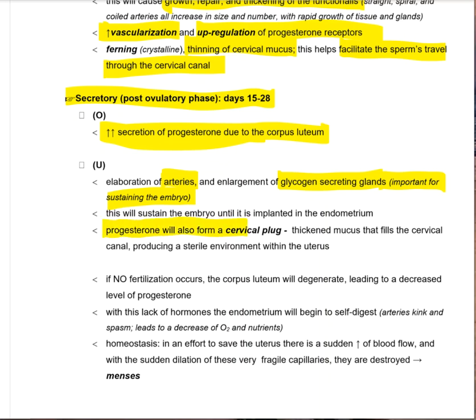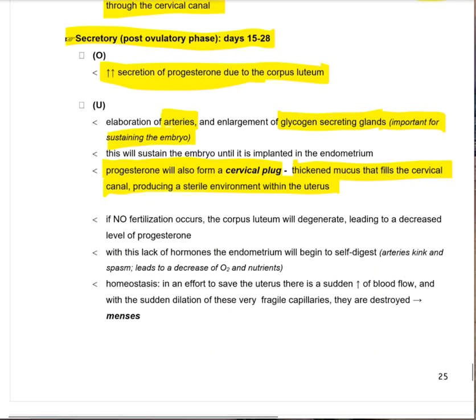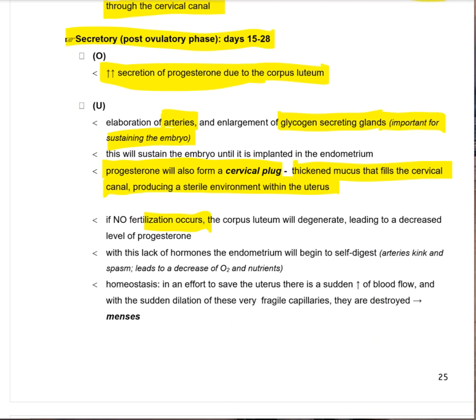Progesterone will also form a cervical plug, and this will re-thicken the mucus. It will fill the cervical canal, and this provides a sterile environment within the uterus. Again, assuming that fertilization and implantation is going to occur, that's starting to happen. However, if no fertilization occurs, the corpus luteum will degenerate, as we said, and that leads to decreased levels of